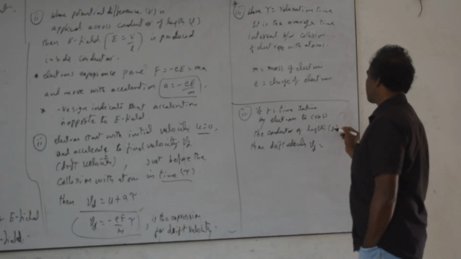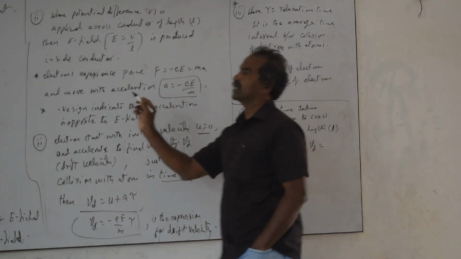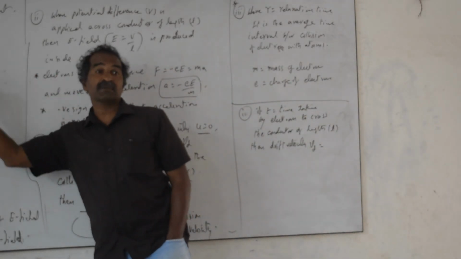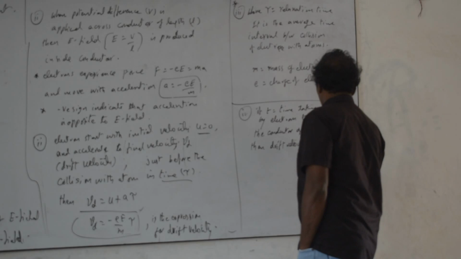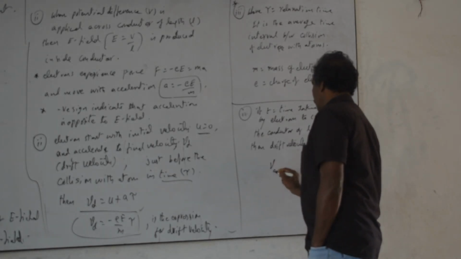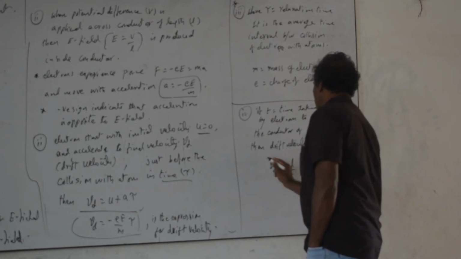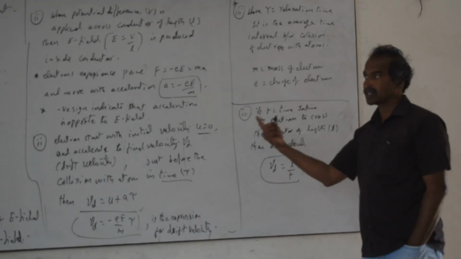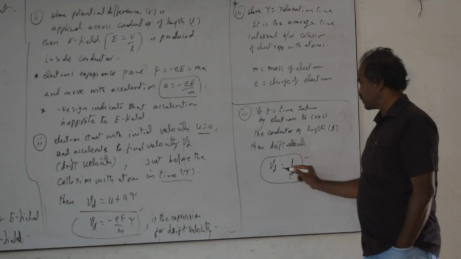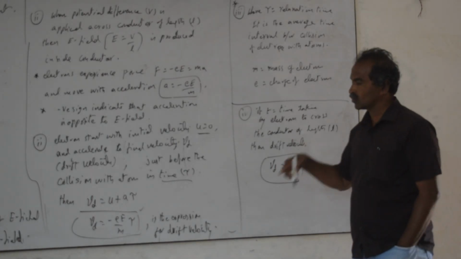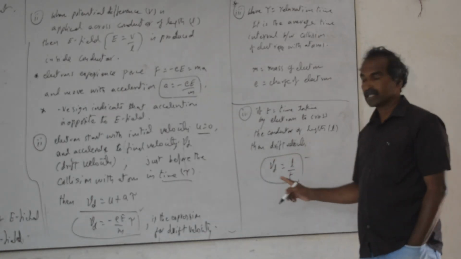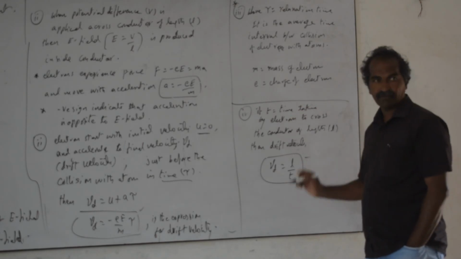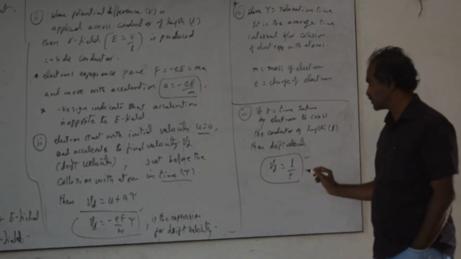The electrons may collide and move in zigzag ways inside the conductor, but finally the resultant displacement is equal to the length of the conductor only. Then we can write the drift velocity Vd equal to L by T. This is a macroscopic formula. We can use this relation for numerical purposes also, and in derivations we also require the relationship Vd equal to L by T. Here T is the total time we are taking for the length of the conductor.